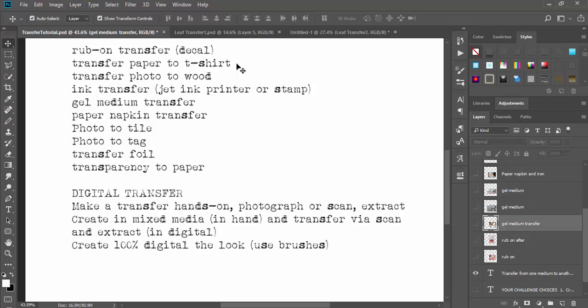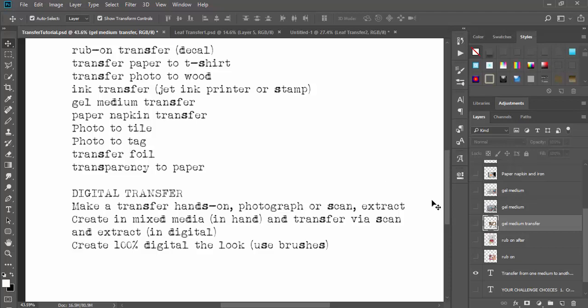So I actually saw somebody referring to that as a transfer, and I thought that was interesting. One of the real common things is this gel medium transfer. So there's a gel in a jar that you buy that you put on things. And like I said, go out there. There are so many ways of transferring things. Go out there and search, and you'll get directions, and go to YouTube and search, and you'll see videos and